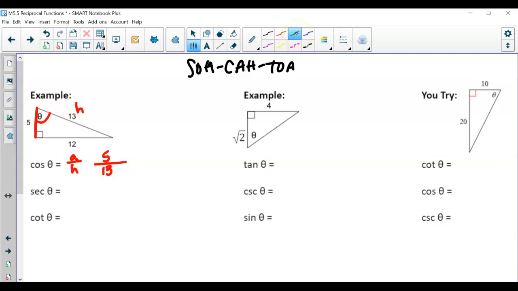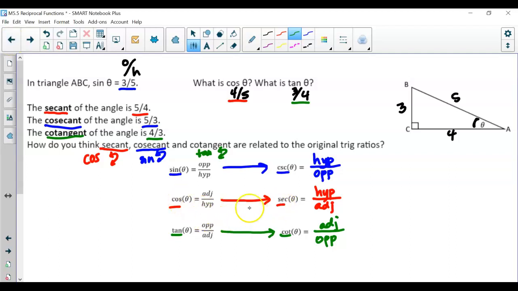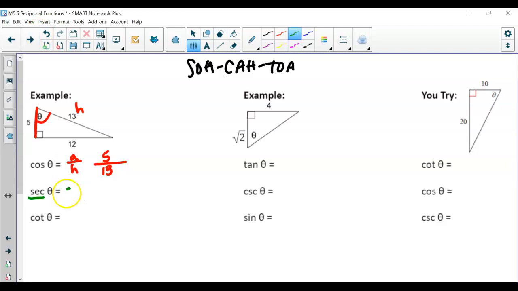Now, secant. Well, secant is the reciprocal of cosine. So if secant is in relation to cosine, that means we don't want adjacent over hypotenuse now, right? We want hypotenuse over adjacent. So we want to flip. So that's why here it's 13/5. Then cotangent. Well, cotangent is the reciprocal of tangent. So if tangent was opposite over adjacent, then cotangent is adjacent over opposite. So the adjacent here is 5 over opposite, which is 12. So notice that